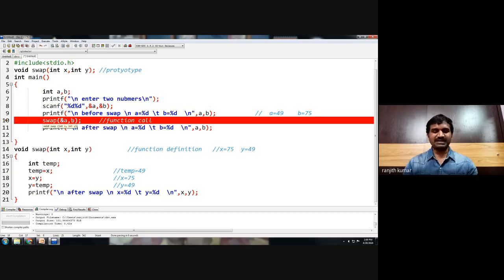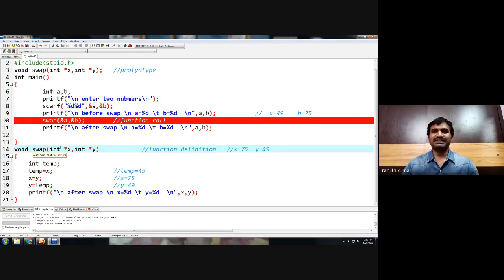And so we will pass ampersand A and ampersand B in actual parameters. Similarly, as per the rules of parameter passing techniques, the data type of the actual and formal parameters must be same. So when we are passing an address of a variable, the suitable data type is pointer. So we declare a pointer here, int star x and int star y. And similarly in the prototype and the definition, we will modify int star x and int star y.